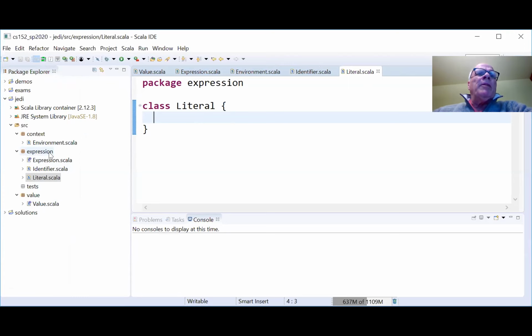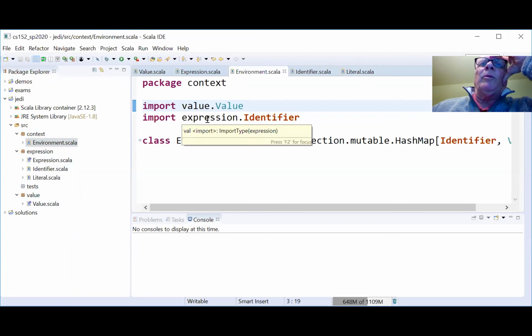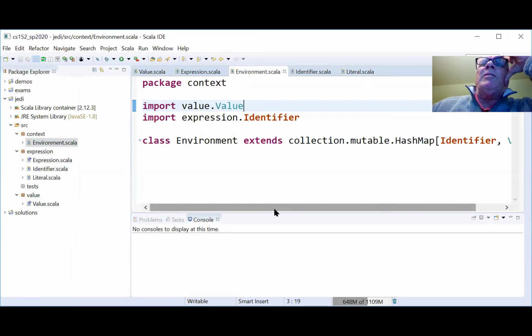We're going to be working on this for the entire rest of the semester, so you want to make sure you have it sorted out. So here is context as environment.scala. Make sure that your spelling is correct. Context is lower. All of the packages begin with lowercase, and environment begins with uppercase. Make sure everything is saved.